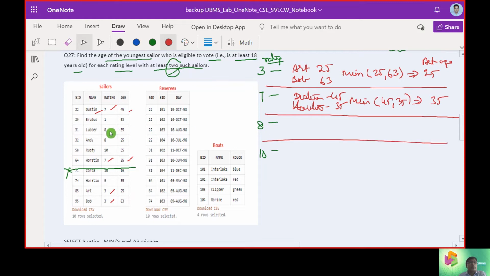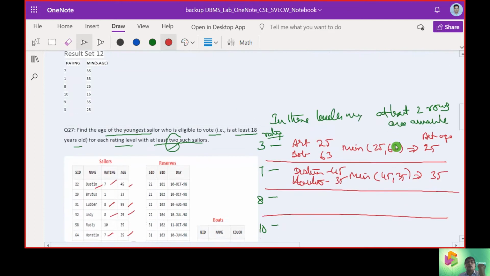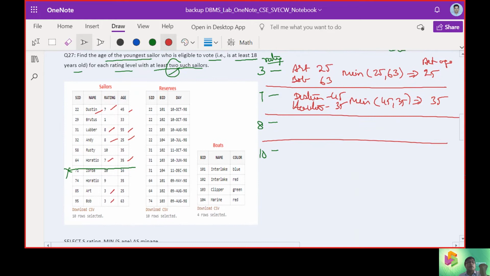Next, working with rating 8. That is Andy, he is 25, and another was Lubber, his age was 55.